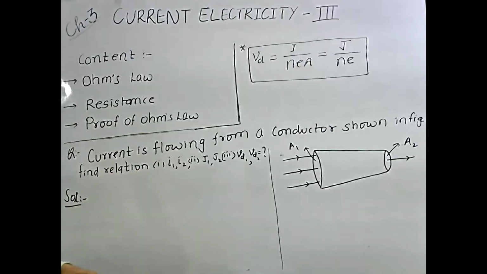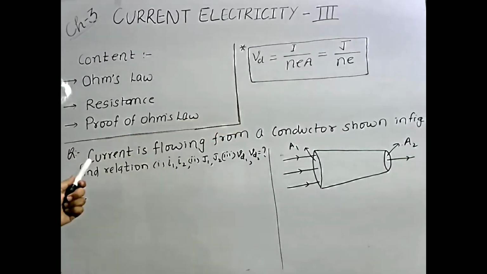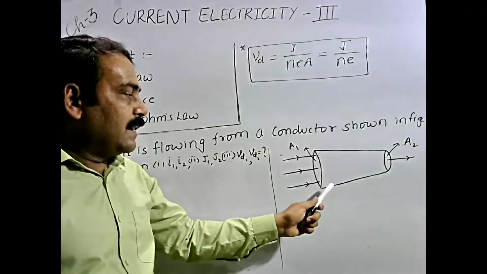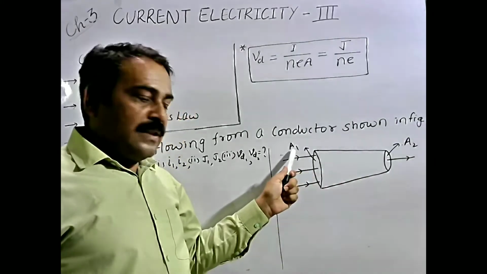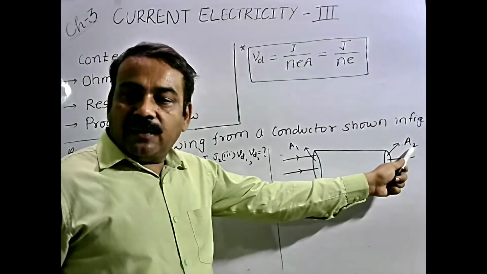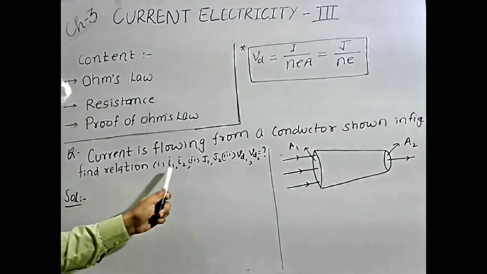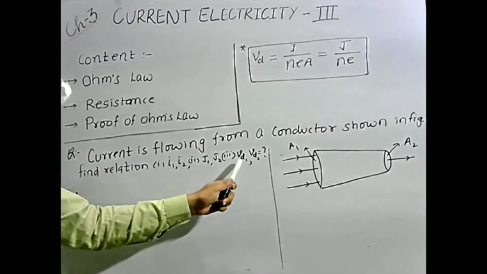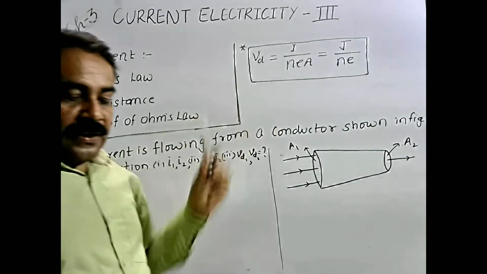हम देखते हैं यहाँ पर क्वेश्चन बेस्ड ऑन द above relation। Here question is given, current is flowing from a conductor shown in figure। फिगर आप देख सकते हैं, this is conductor of non-uniform cross section। A1 is the cross section of conductor broader as compared to area cross section A2। Here current flows in this conductor। We have to find a relationship between I1 and I2, current density J1 and J2 and drift velocity VD1 and VD2। Clear? Using this relation। Clear है?